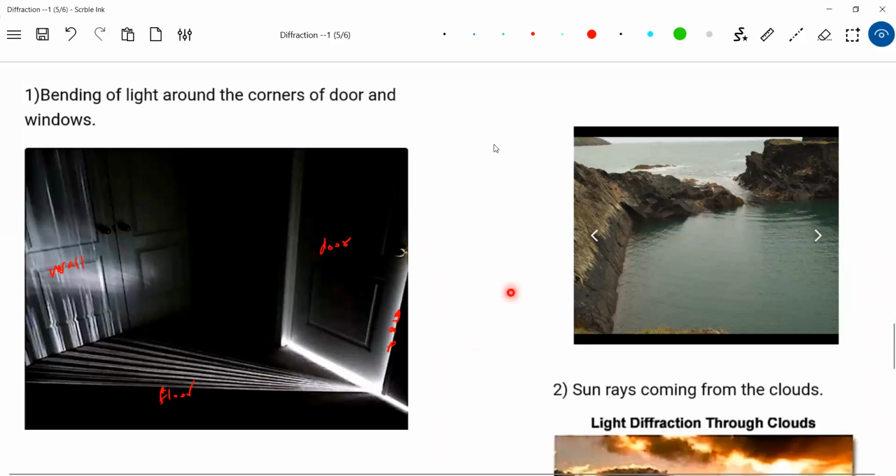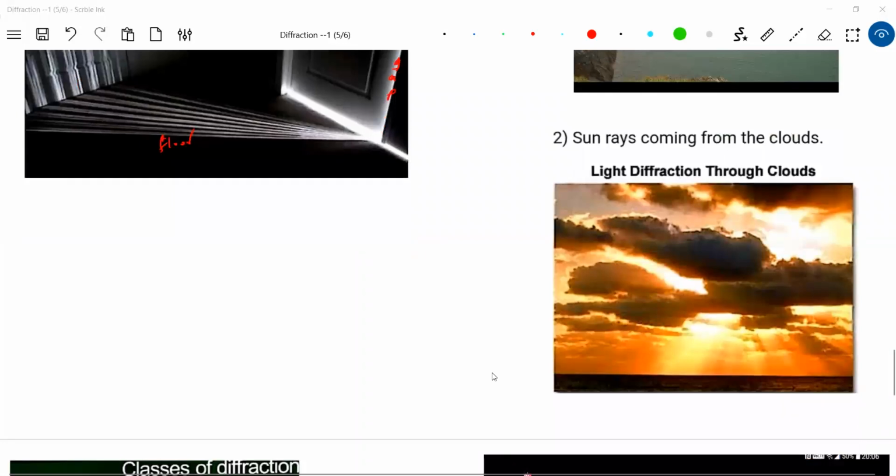Next, another thing is, in the evening you can notice the diffraction. When the light passes through the clouds, it will undergo diffraction, and we see this particular thing, dark and bright bands. Today evening, after around 4:30, you can go and notice that. If it's cloudy, you can really feel that. You can see bright and dark rays like this. Here bright, here dark.